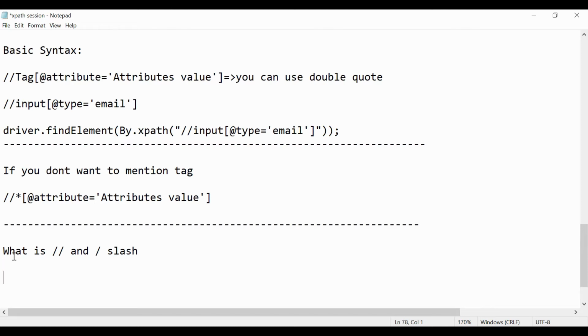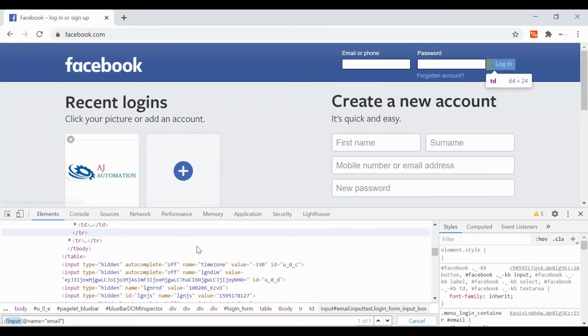First we will see what is double slash. Using double slash you are telling it to find an element in the entire HTML document.